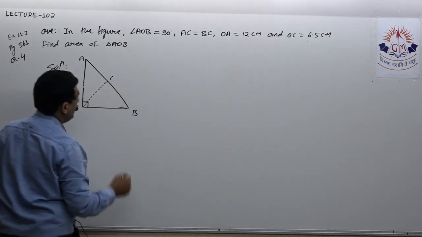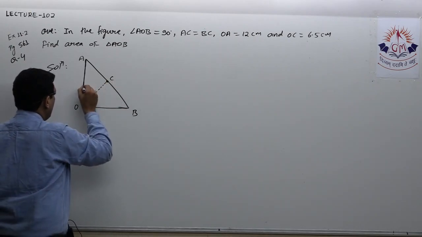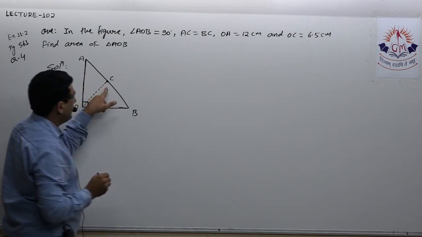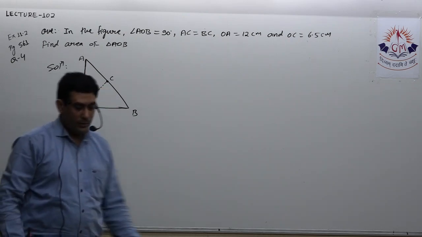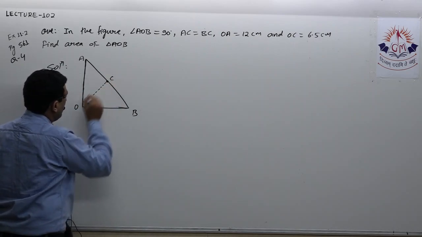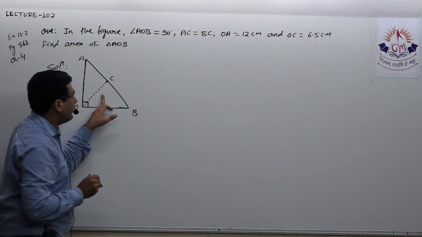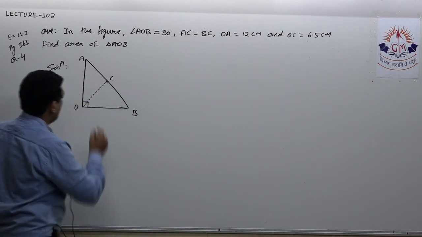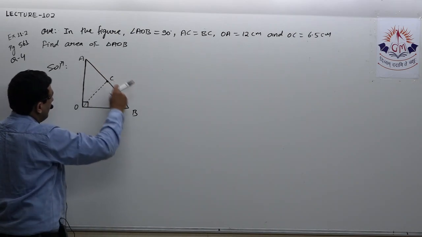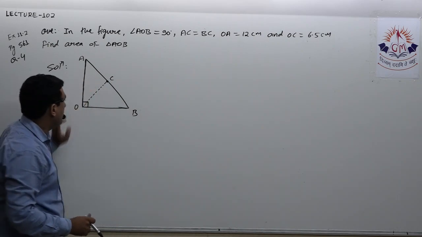Instead of OB, it is given length OC. Now, if you remember, we solved a question. It is also given AC equal to BC, that is C is midpoint. We solved a question in which we proved this: if AC equal to BC, then AC and BC also equal OC. So actually over here first we have to prove these two are equal, AC and OC. To get the length of OB, we must have the length AC, and AC is also not given.